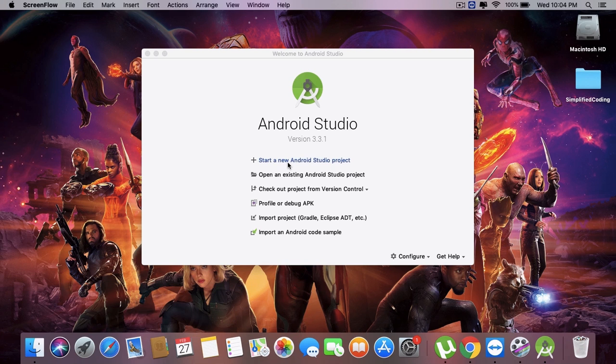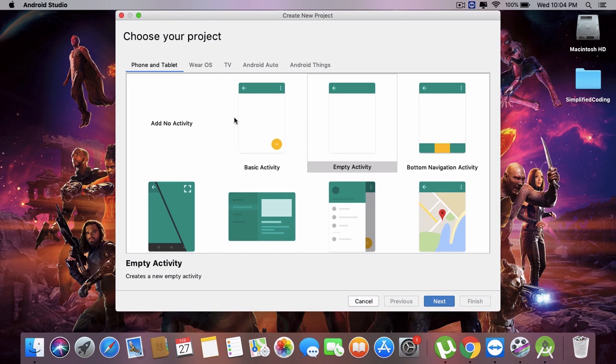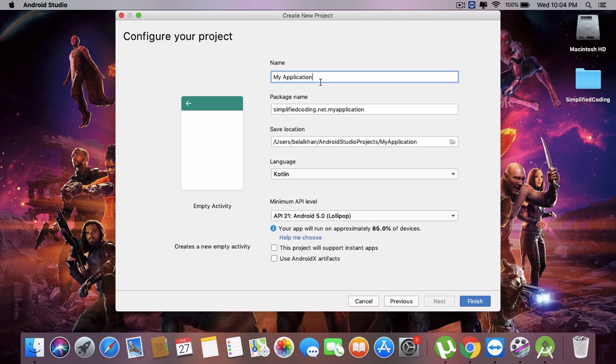So let's start, guys. I will start a new Android Studio project and I am using Android Studio 3.3. So you should also update your Android Studio if you are using an older version. Now I will select an empty activity, then hit next. Now I will name this application navigation example,